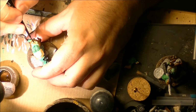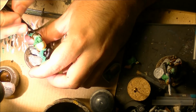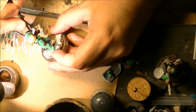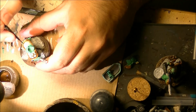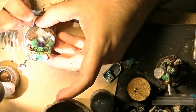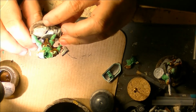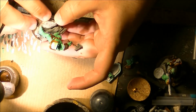And I'm going to trim the hammer. And the other shoulder pad. You put a little bit too much, spread it out all over the shoulder pad. And this will be done here. It was looking quite pale for me. Okay. Put a little bit more on this part here on the bell, on this part of the armor,